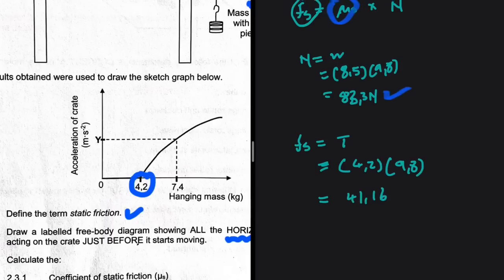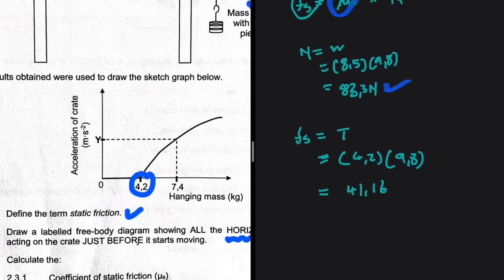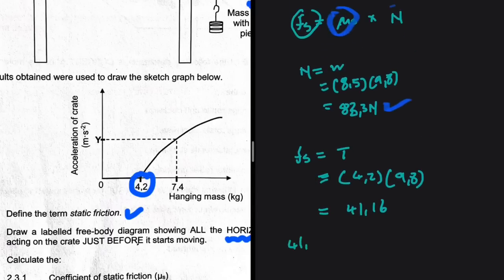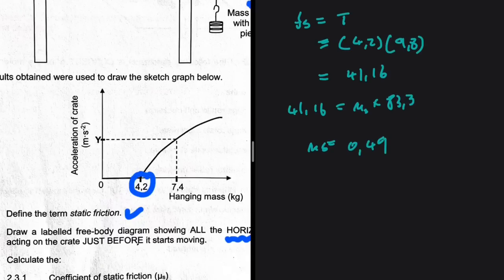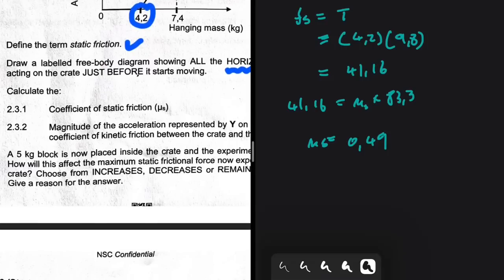So we have the static frictional force. Now we can see 41.16 is equal to the coefficient multiplied by 83.3. So the coefficient is going to be equal to 41.16 divided by 83.3, which is equal to 0.49. So that is 2.3.1. Let's take a look at